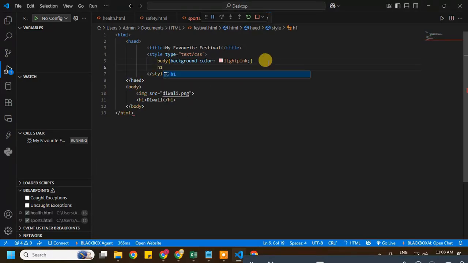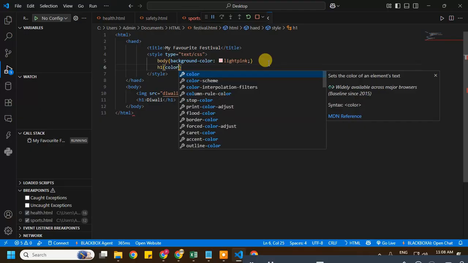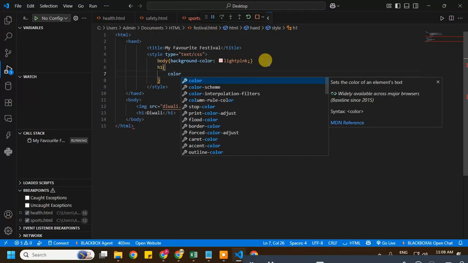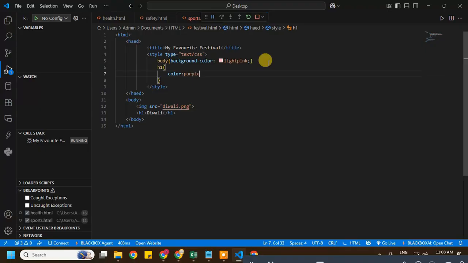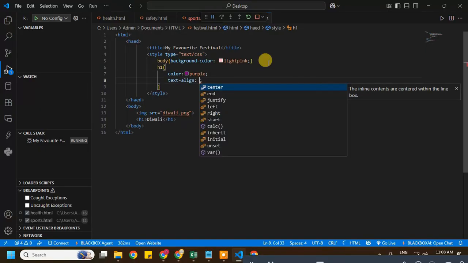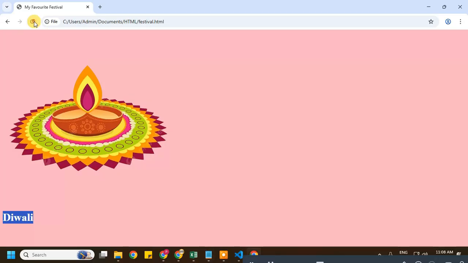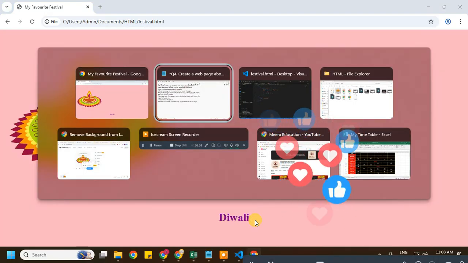H1 curly braces, the color is purple and text align is center. Saved and refreshed. Is coming in the center and text color is purple. Okay, now the next part is